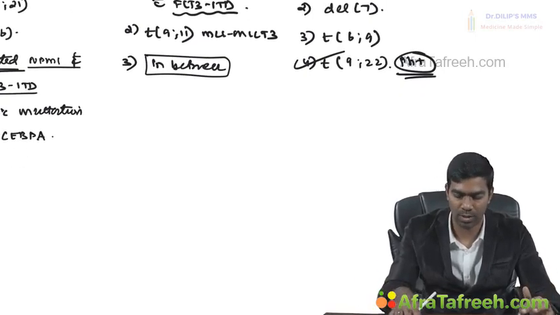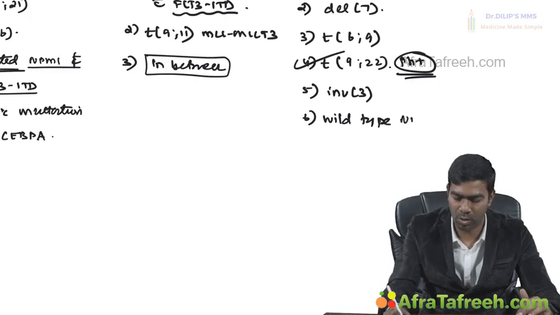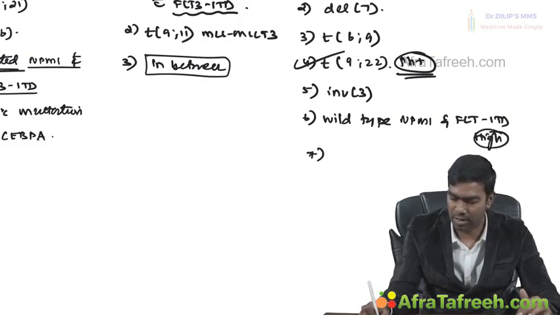I'll tell you in ALL as well. And number 5, you're going to have inversion 3. Number 6, you're going to have wild type NPM1. This is a separate type called wild type NPM1. And if you have a FLT3 ITD high mutation, which means it's going to be at a very high level, then you have TP53